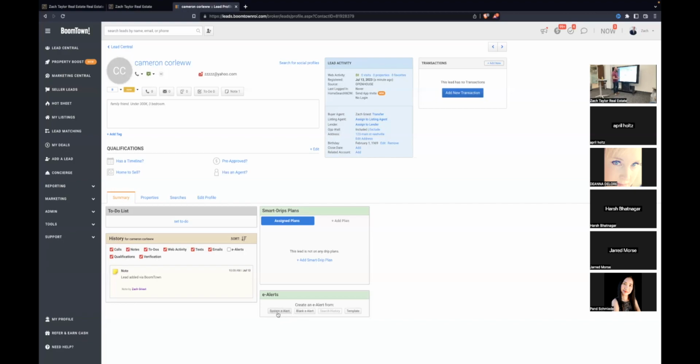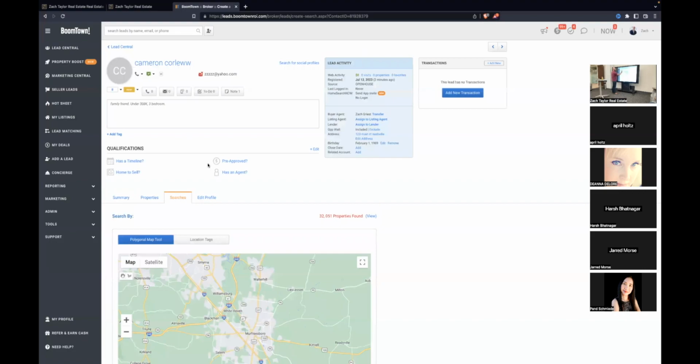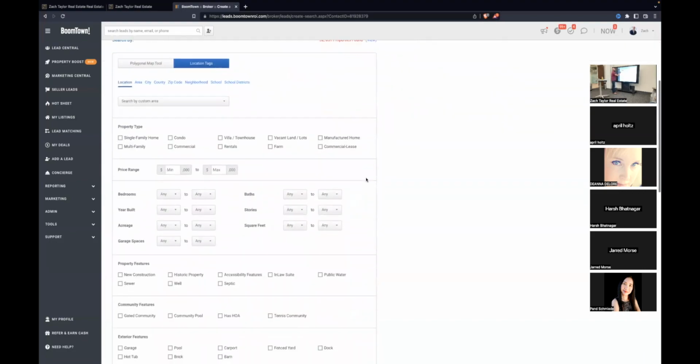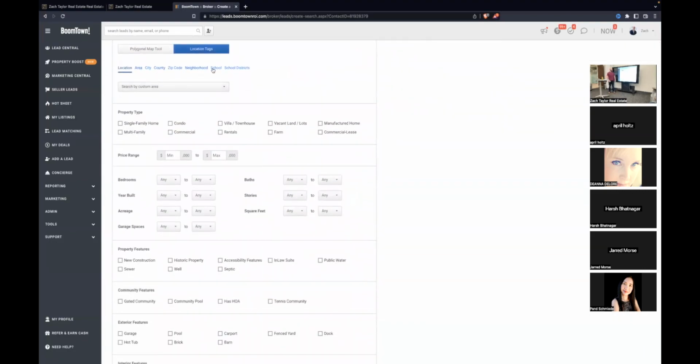If you have spoken to this person, this is somebody you're actively working with, and you want to set them up on a quick search, click blank e-alert. It'll pull up this cool map. You go to location tags, and then you can search by area, city, county, zip code, neighborhood, school system, school district,